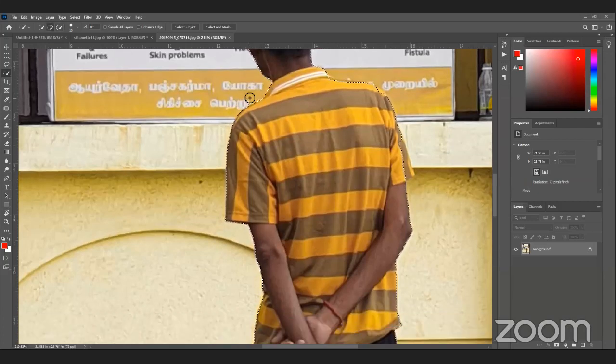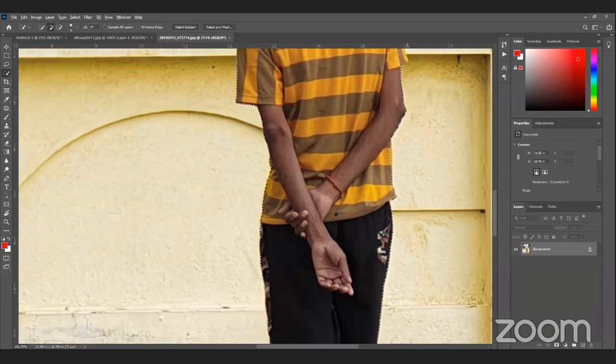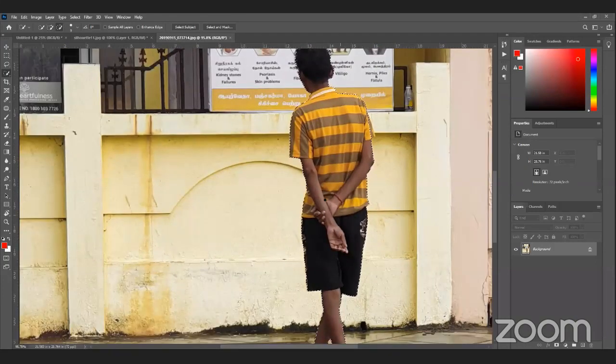We talked about that if we have to do very minute removal, we have to increase and decrease the brush size. So how can we do it? Using the bracket keys on the keyboard. The open bracket will decrease the size and the close bracket will increase the size. So left and right brackets work like that. The left bracket decreases the size and the right bracket increases the size. This is how I'm doing it. This works for any simple brush also.